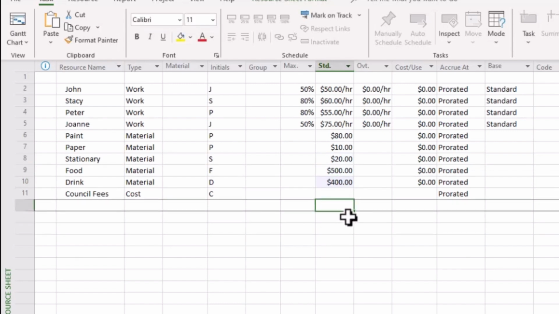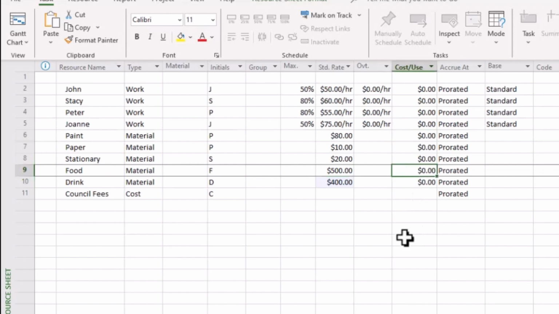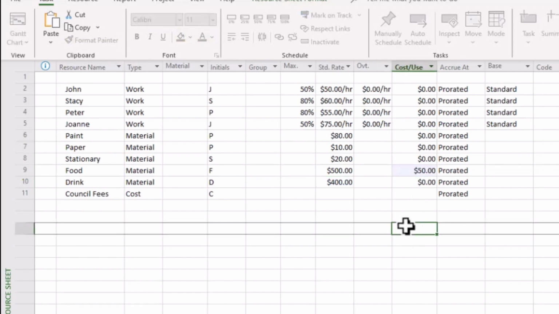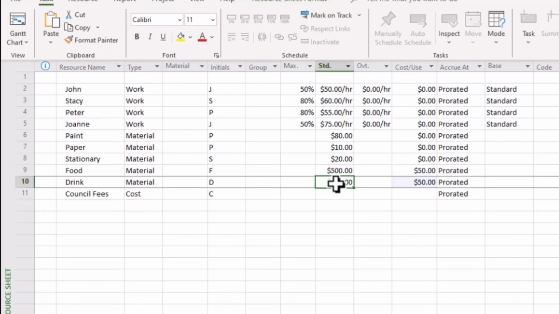So quite easy and straightforward. We also have an allowance here for cost per use. For example, this might be useful if you have a delivery fee, a price for this to actually show up. So we might say a delivery fee of $50 for our food and $50 for our drinks. Every time we use these materials, there is an associated fee. So quite useful, as you can see.